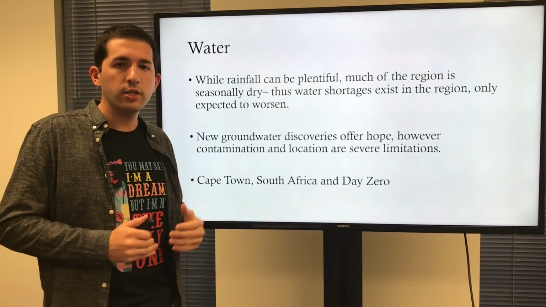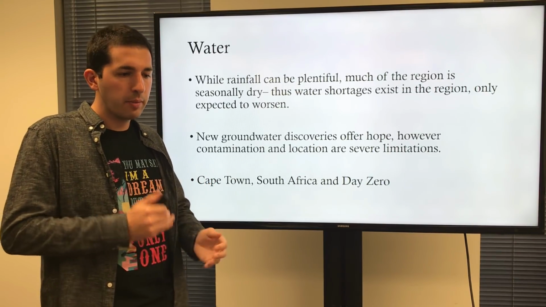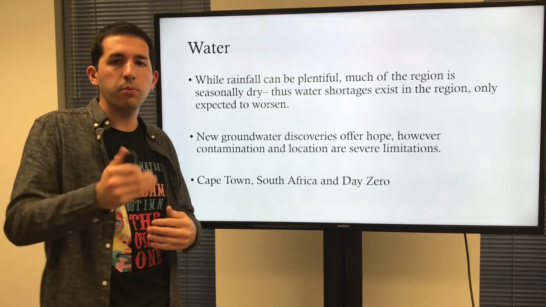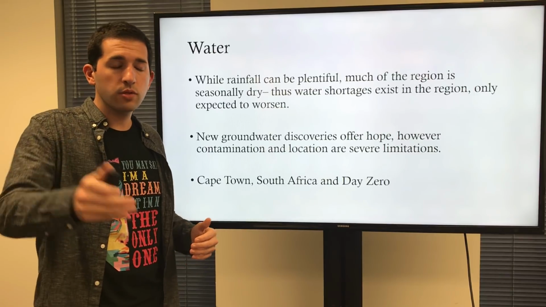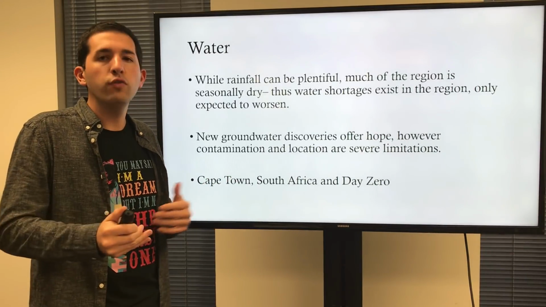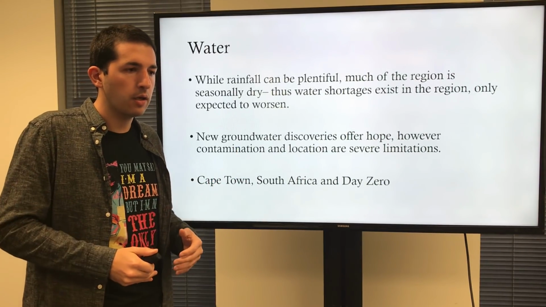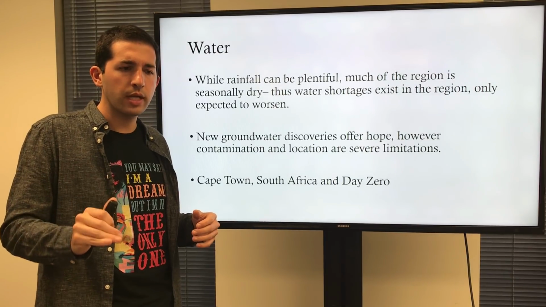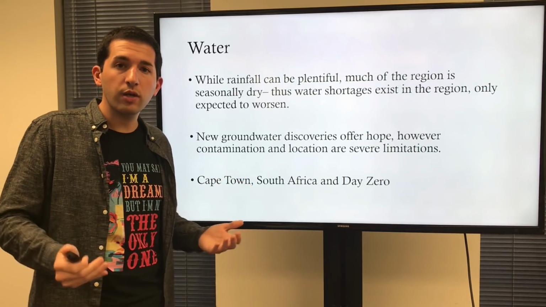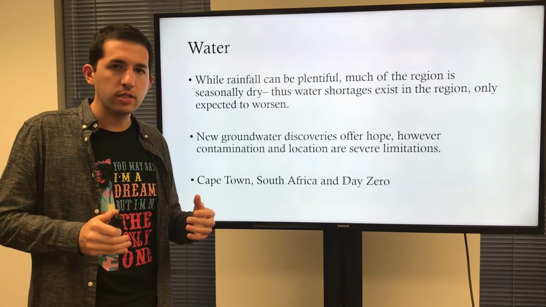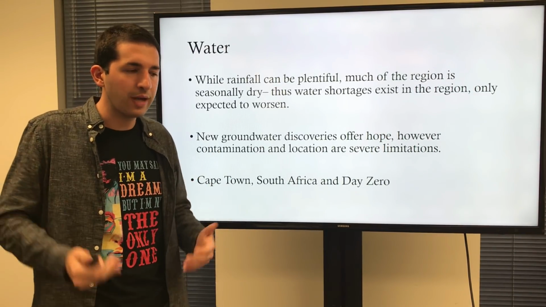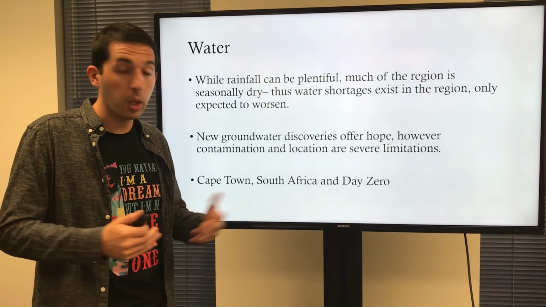Now, through conservation efforts and rationing of water, they've been able to continue to push that date. That date was going to be coming up in 90 days or so, and then it was pushed, and then it was pushed again. So it's pushed a few months from now, and the hope is that we get the rains in June that are due for that region, and we get an adequate amount, and the aquifer, which is only at 24% of capacity right now, fills up a bit, and that they're reprieved of the situation, and things are sort of at ease. But we know with rapid urbanization and population growth that this may be fixed for now, but it's simply a band-aid on a larger wound.